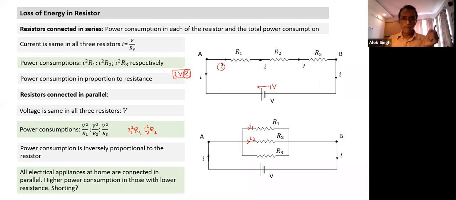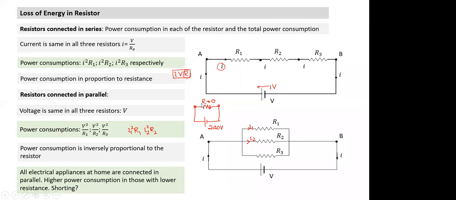Okay, so what happens if I short, if I have a zero resistance connected? Suppose you have two power points, and actually it's not a DC supply, but let's assume this is home supply, 240 volts, with two sockets. Suppose I connect a resistance of close to zero. Will it have low power consumption or high power consumption? Just wait for a second. One by one, let me ask. Anish, will it have low power consumption or high power consumption if I connect a low resistance here?